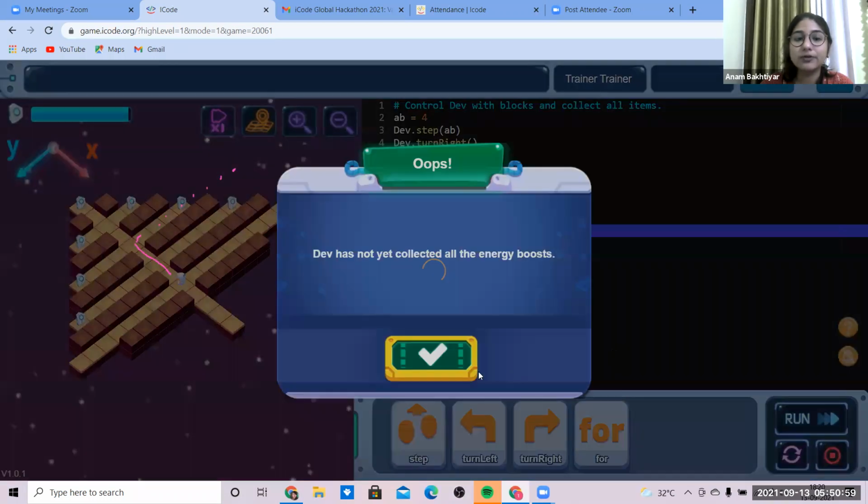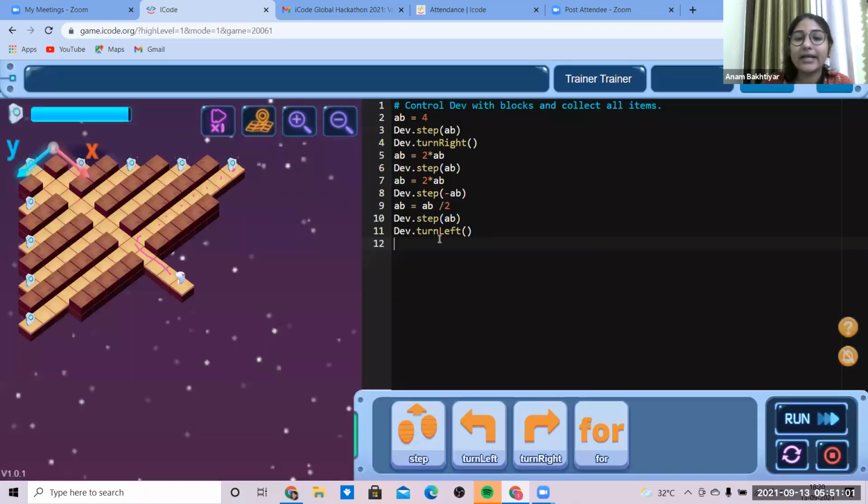So now it has to move 2 steps ahead. So how can it move 2 steps ahead when I'm doing AB equals AB by 4 and making it move those steps forward? See, if I run it now,